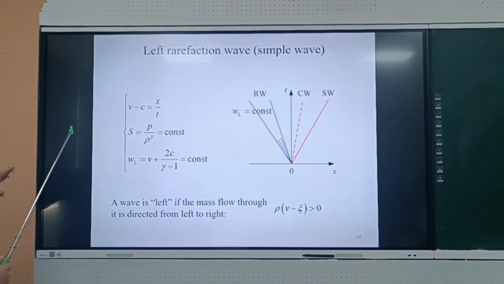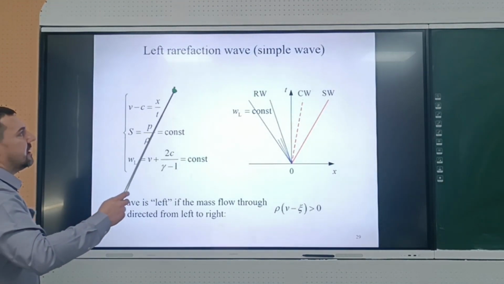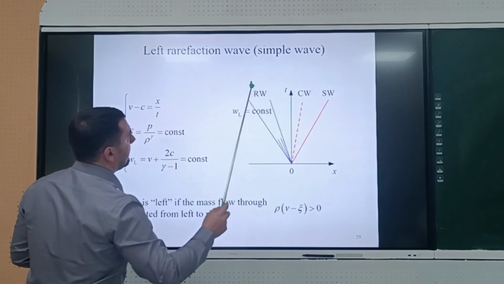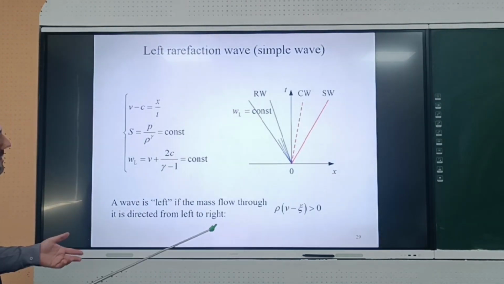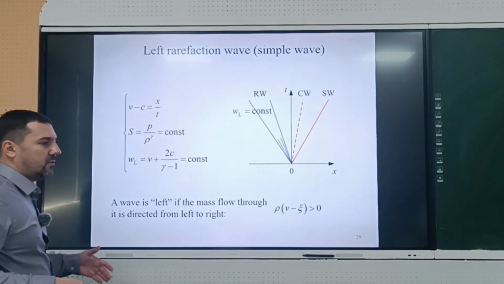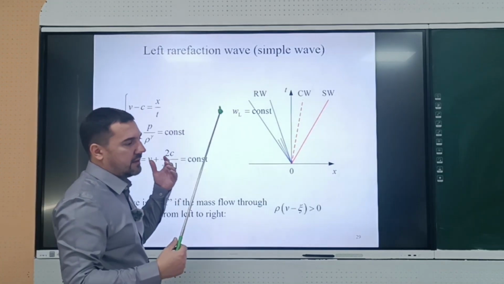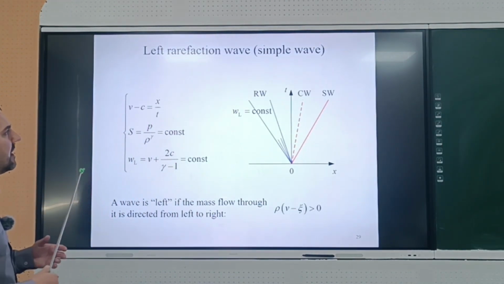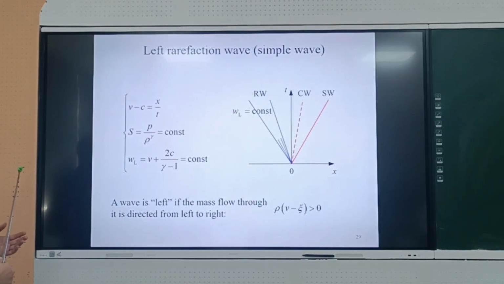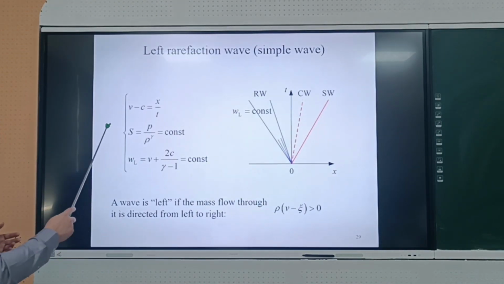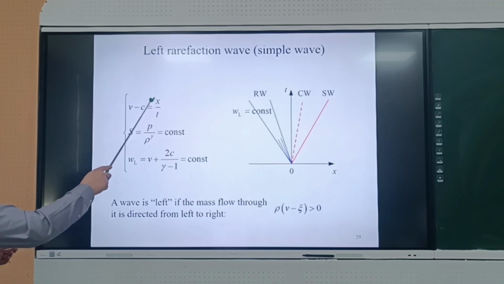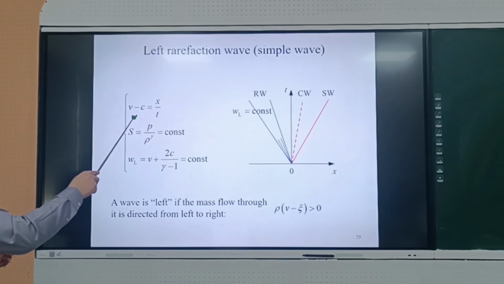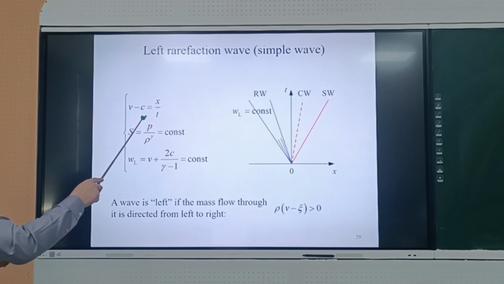So we obtained the possible self-similar solution of all the equations, called simple wave or Riemann wave. In Russian literature, it is called Riemann wave. In English literature, it's usually called simple wave. It is the solution defined by the following three conditions. This is the characteristic line dx over dt equals v minus c, because